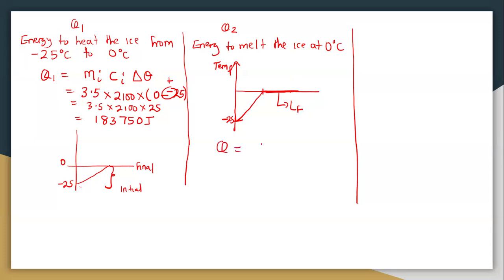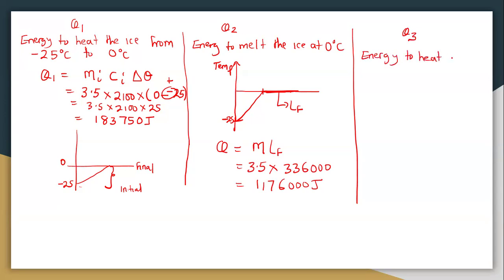Because we know that latent heat is hidden. So that one is obtained by having the mass of the ice that is turning into the liquid, times the latent heat of fusion. So our mass is 3.5, times 336,000. So when we multiply, we have 117,600 joules. Then the last one is Q3, whereby we want to find out the energy required to heat